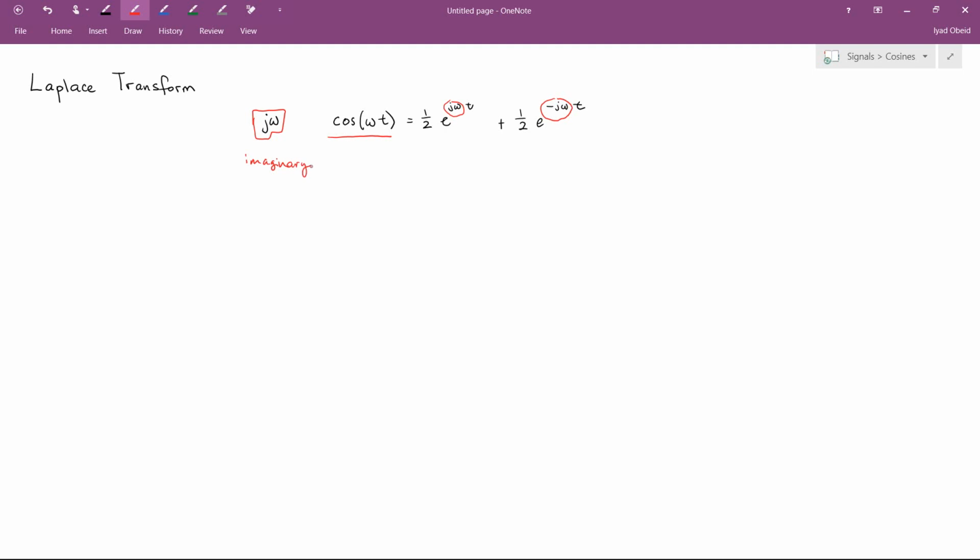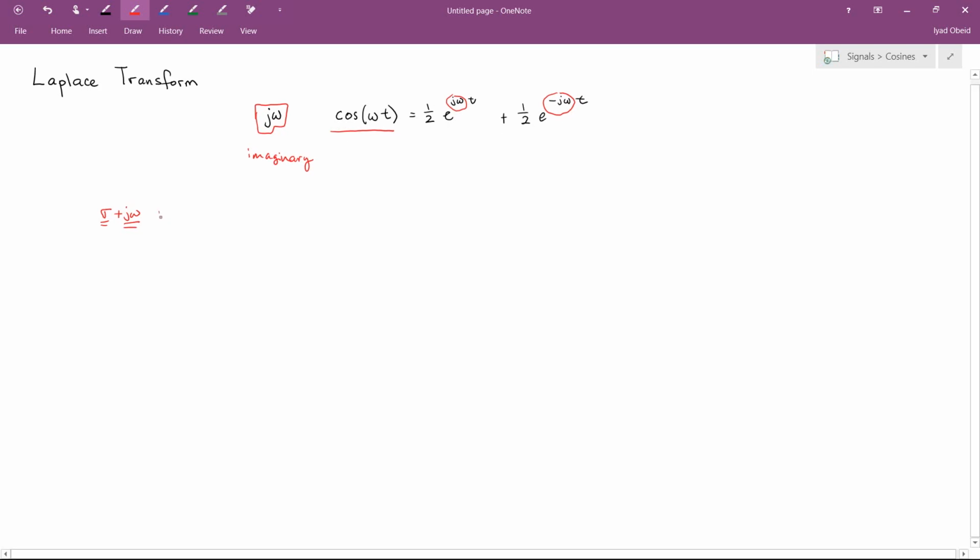But what if we were to expand our definition of frequency a little bit and say we don't want just imaginary frequencies, but we actually want complex frequencies? So what if we had a complex frequency that had a real part and an imaginary part? Okay, before we just had an imaginary part, now we're going to say what if we had real plus imaginary? Well, if you do that, that's the Laplace transform. Okay? It's taking your signals and expressing them as e to the st, where s has a real part